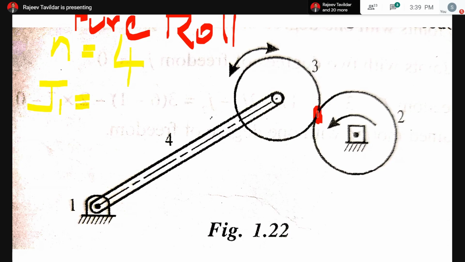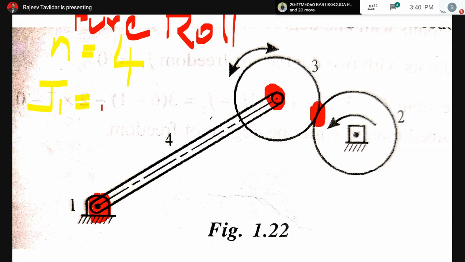So let us count J1 now. At this joint between 1 and 4, yes, it is purely turning, only 1 degree of freedom. So this is one J1, the first lower joint. Between link 4 and link 3 over here, it will again be a purely turning joint, only 1 degree of freedom. So this is another lower joint. Between 3 and 2, which I have highlighted already, as the condition is purely rolling, it has only 1 degree of freedom, that is a lower joint. Okay, so it falls under J1.